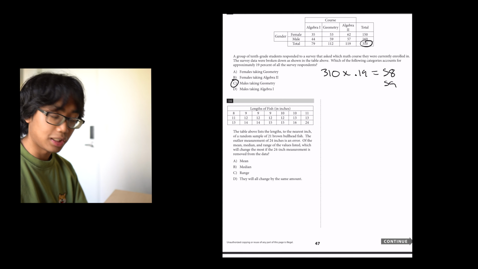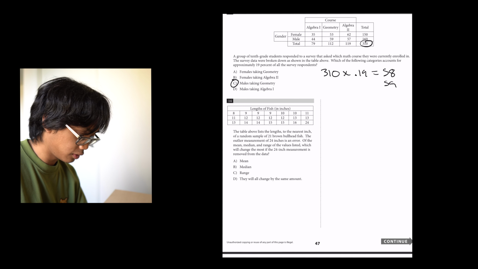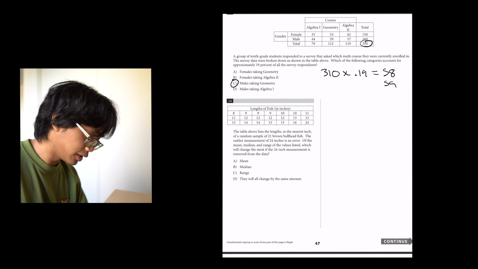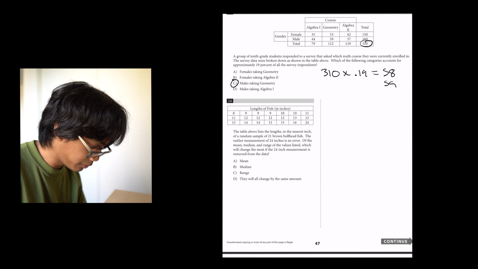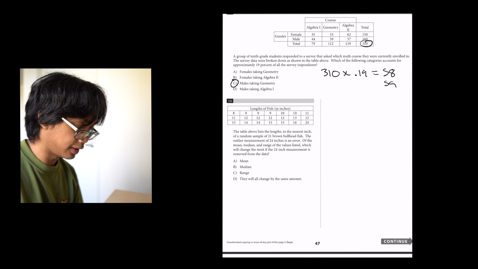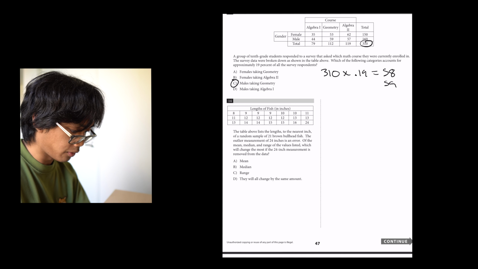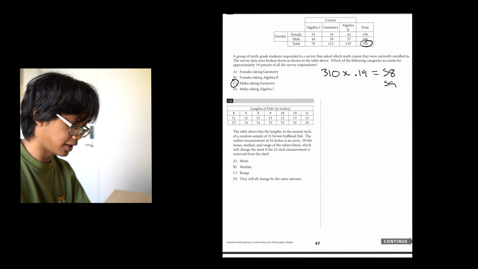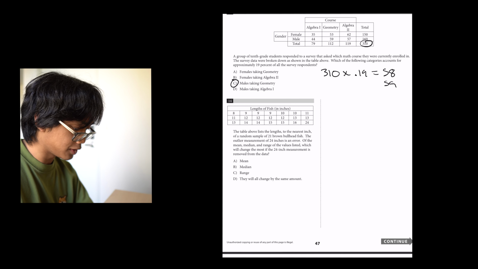Median is probably not going to change that much since they are resistant to outliers. So mean is going to change, and range is also probably going to change. I would say, given the number of values in this, we can see that there are 21 fish. So removing one data point is going to change the mean, but probably not as much as the range, since